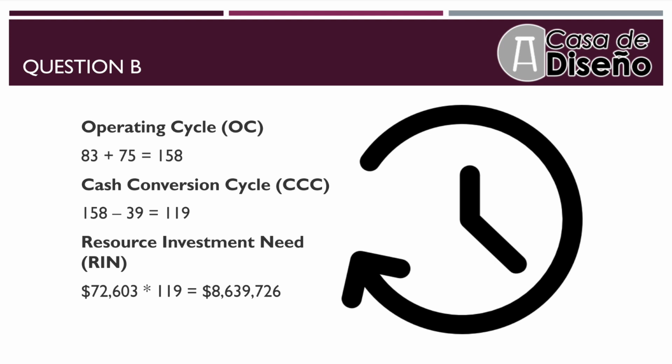In this case, the operating cycle is 158. We subtract 39, which is the days payable outstanding, and we come up with 119. When we multiply 119 by the $72,603 mark, we come up with a total of $8,639,726. To determine what additional savings in resource investment costs will result from the shortened cash conversion cycle, we must